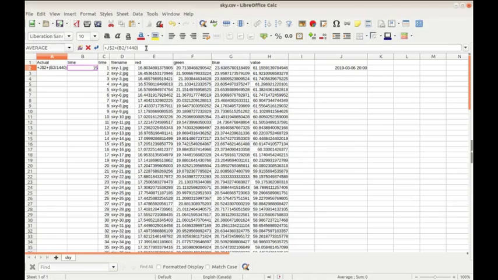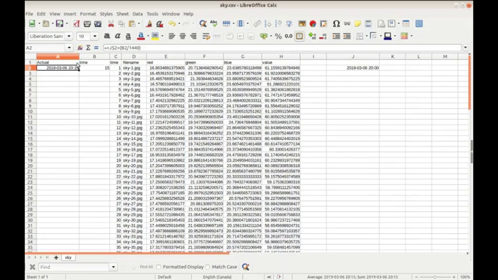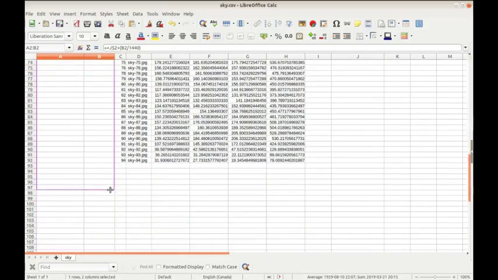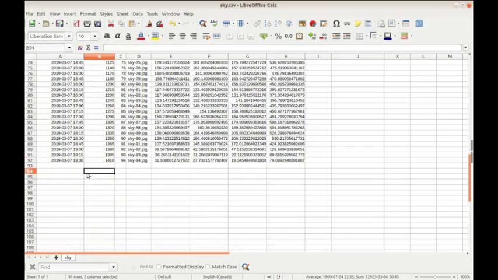The 1440 is equated to the time calculation, and that will give me the value that I need right there. So what I could now do is I could take this and I'm going to drag it all the way down to 94 here, and now I have